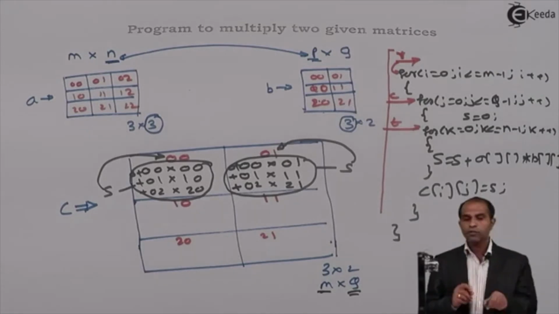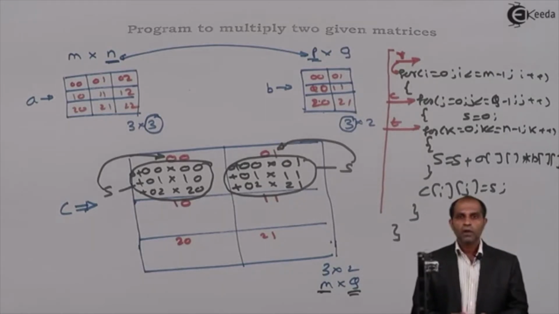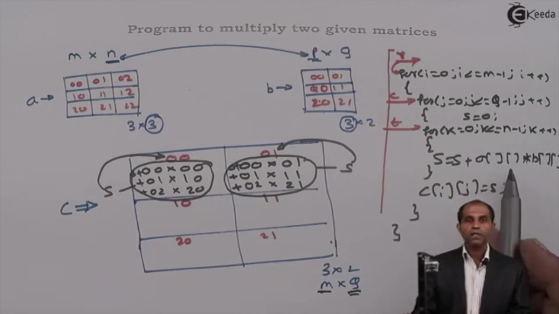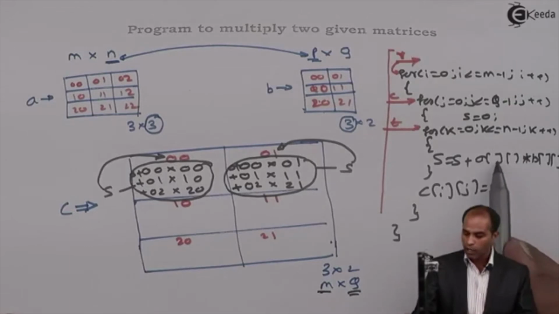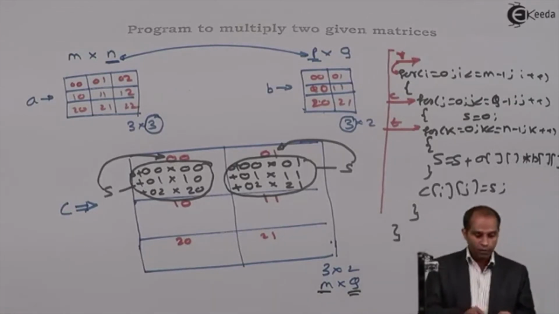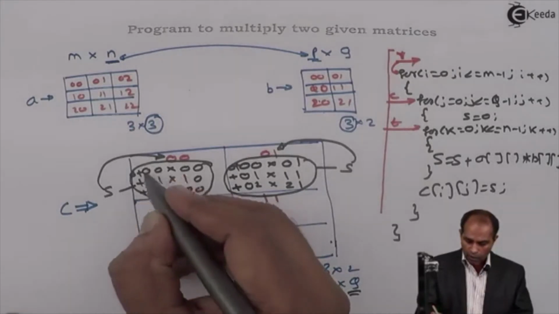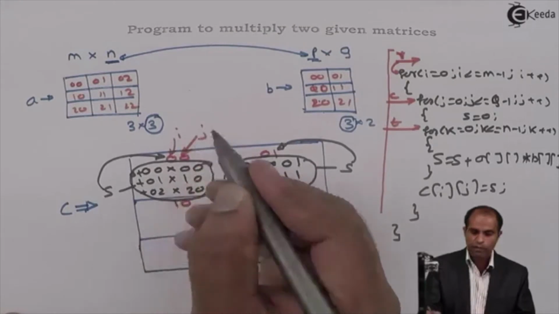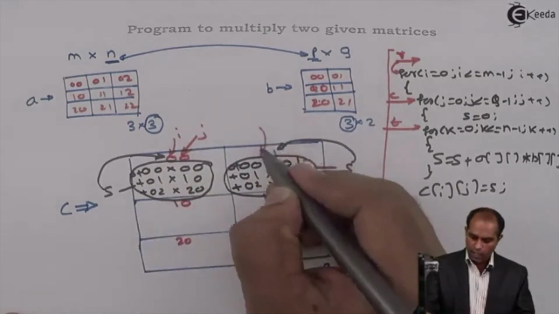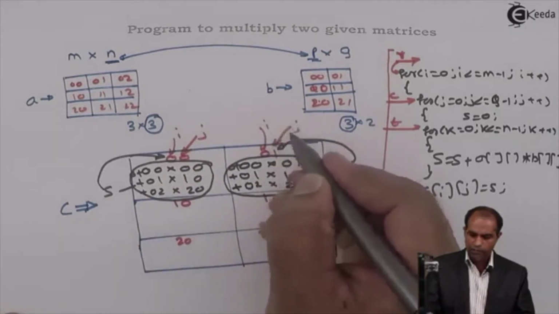Now in this, let's do this particular code. Can I put empty brackets in this particular A and B? No, you can't put empty brackets. For that, I'm going to write some index of this particular B. For that, we have to make an observation. Let's observe this. The first index of C is I and the second index of C is J. This is I and this is going to be J.